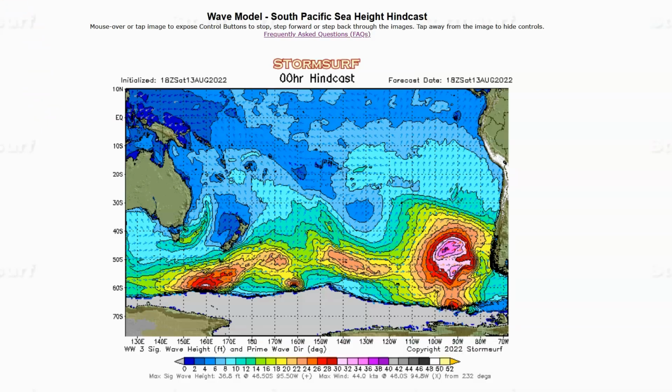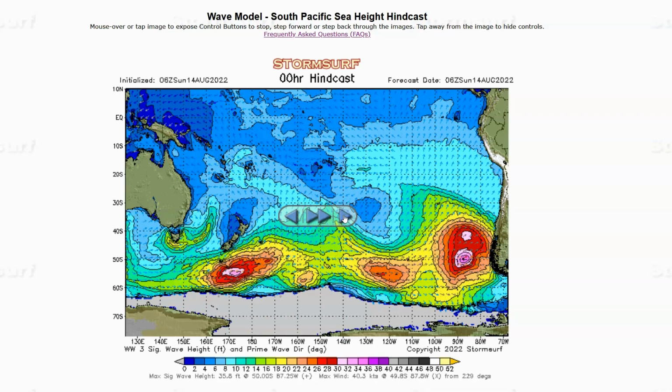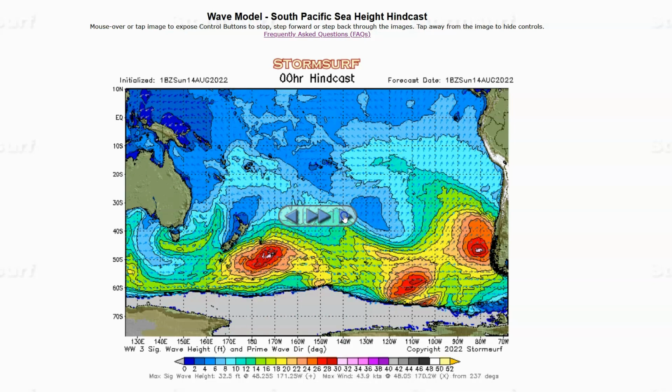So first, let's take a look down south, and we're going back in time to Saturday, August 13th, a week ago. Yes, it takes a week for swells to make it to Hawaii from the deep southern hemi. This is, right here, New Zealand, Australia, the Ross Ice Shelf, Antarctica down here. We're talking way far south of the Hawaiian Islands, and a small gale developed there on Saturday with 30-foot seas aimed off to the northeast, peaking right about Saturday evening with maybe 33-foot seas, and then faded as it moved